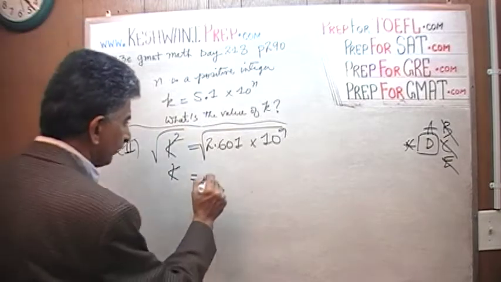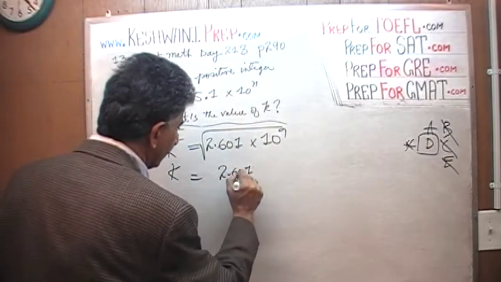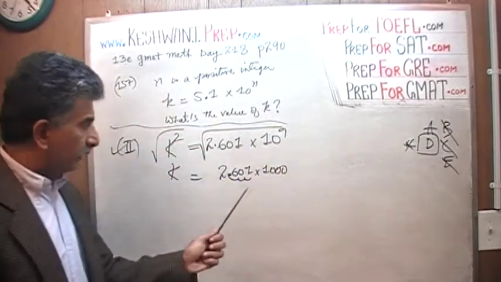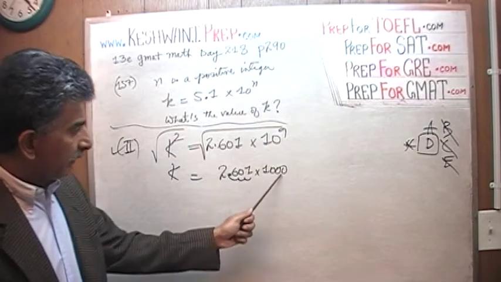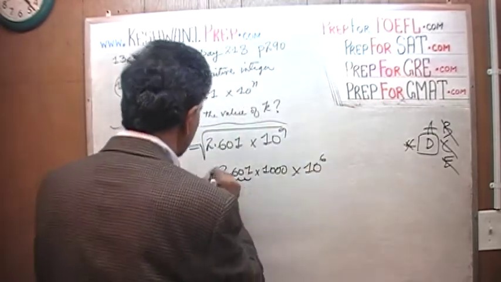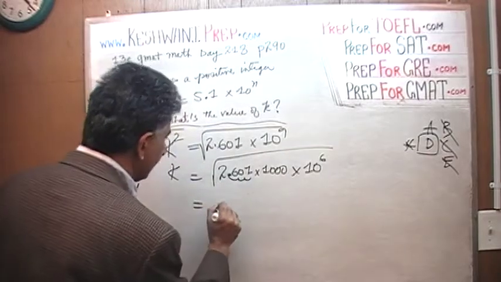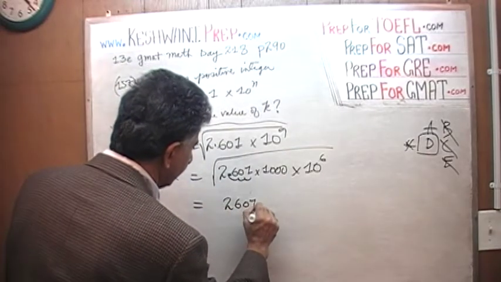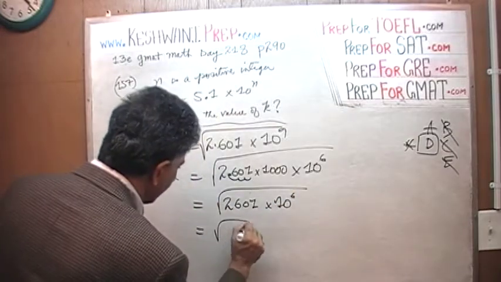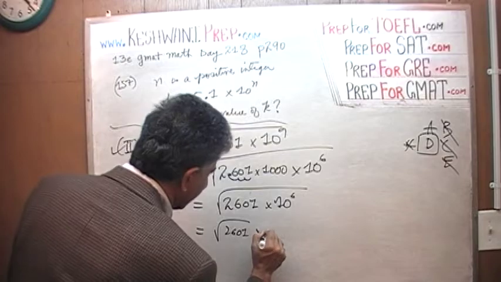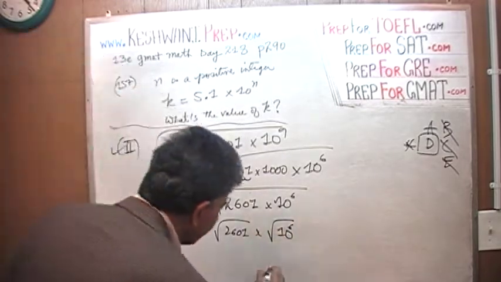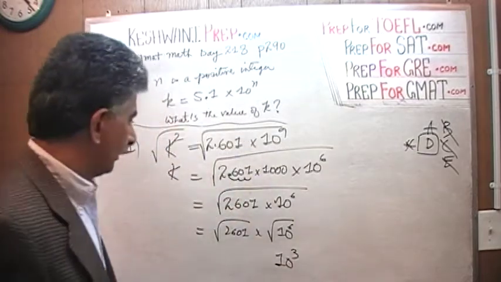So the very first thing we have to understand is 2.601, there are 3 decimal places, 1, 2, 3. So if we were to multiply it by 1,000, we can get rid of the decimal places. If we multiply by 1,000, we use up 3 zeros, so here we are left with 10 raised to 6. We need to take a square root of that, which is the same as square root of 2,601 times 10 raised to 6. Which of course is the same as square root of 2,601 times the square root of 10 raised to 6. The square root of 10 raised to 6 is just 10 raised to 3. What about square root of